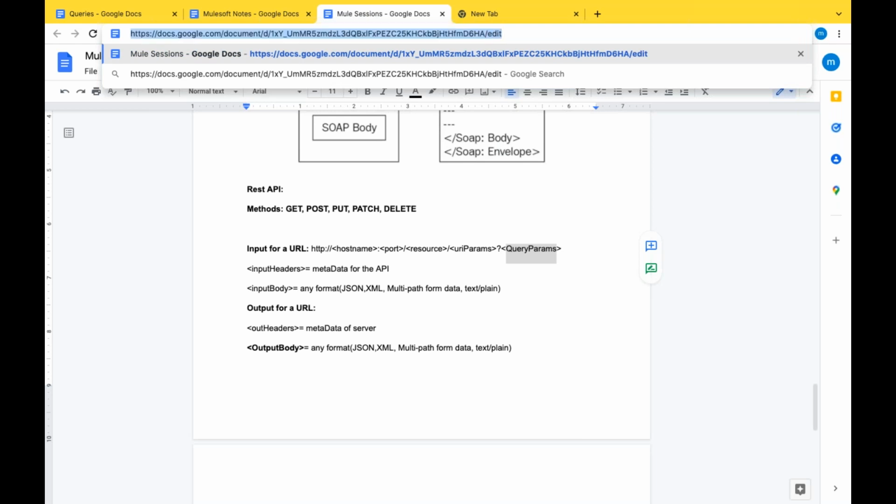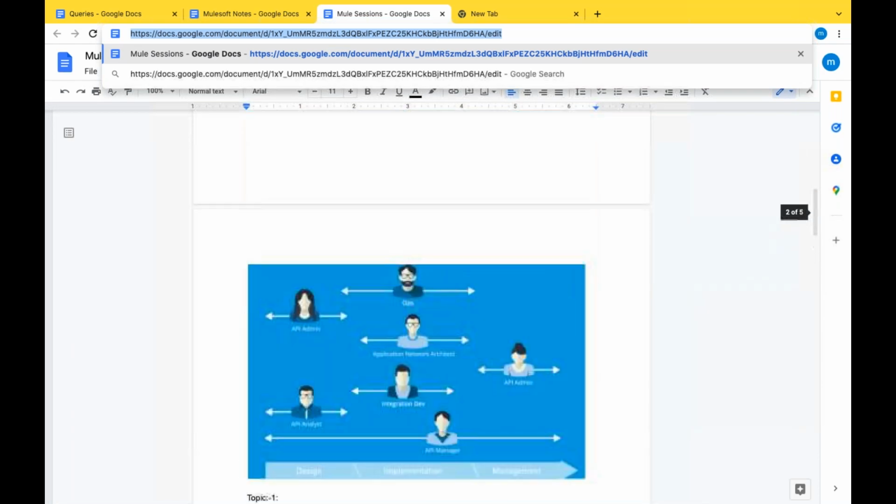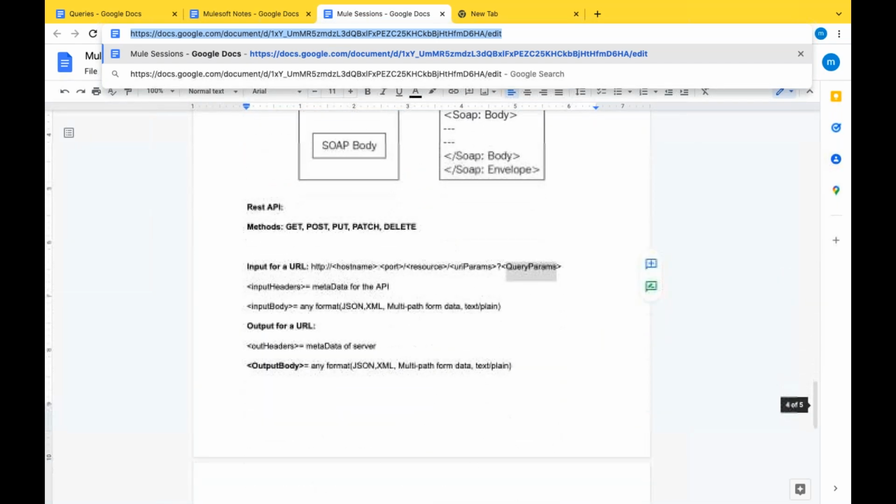What is the functionality of this API? This is the resource API, and the terminology we will ultimately be talking about is a URL. The functionality of this API is to go to the Google server, fetch the document, some extension file, and show it in the UI.